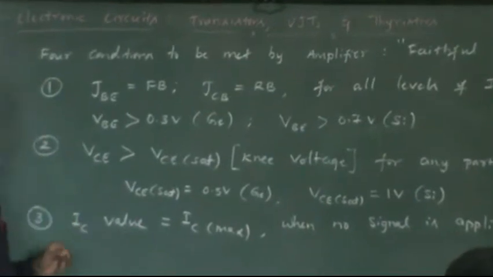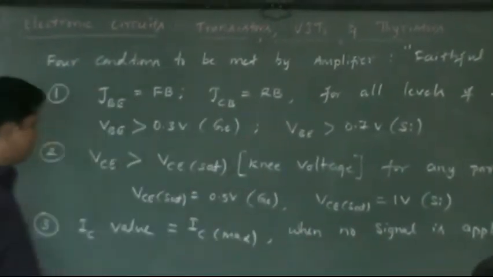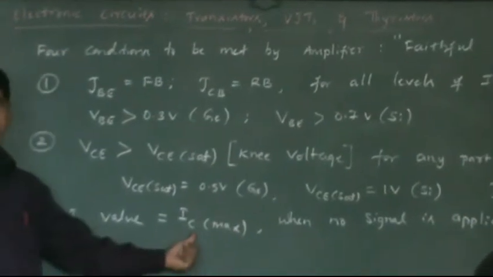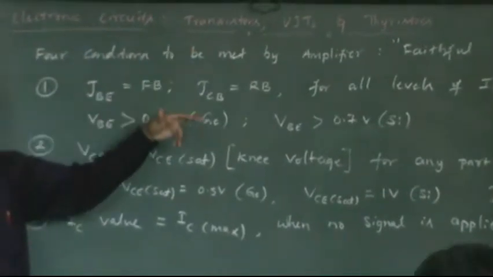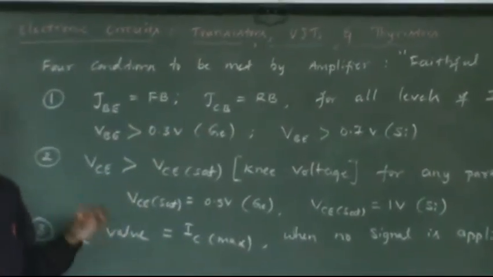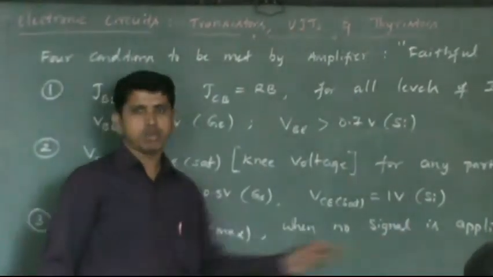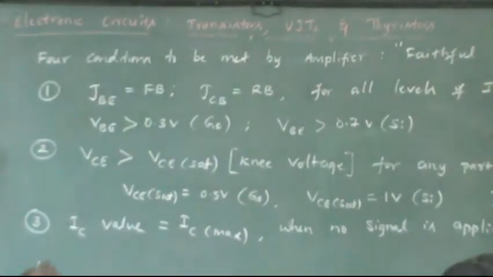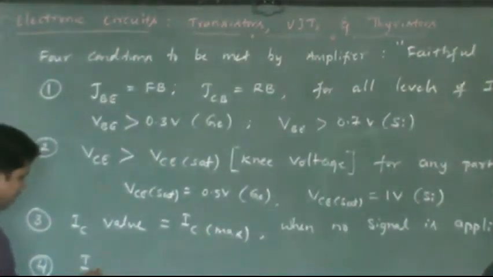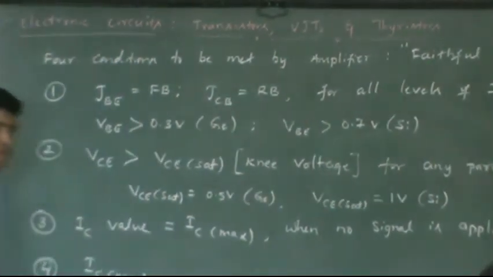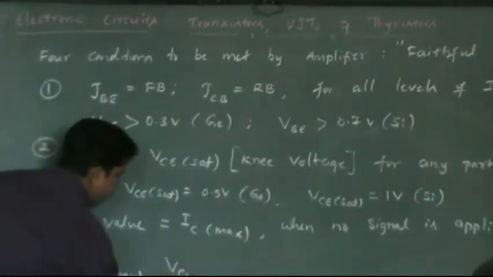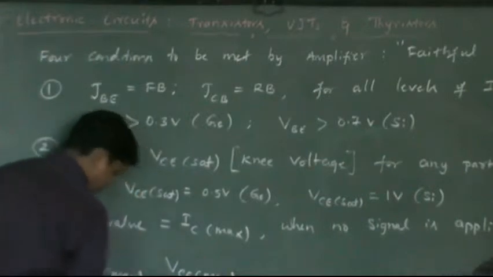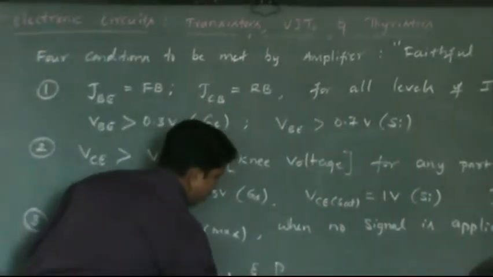So when there is no input AC signal applied, under that condition your output must be equal to the maximum collector current. Okay? Because sometimes the signal will be positive, sometimes the signal will be negative, BJT will be turned off. So the minimum output you must maintain, even when there is no input signal. That's going to be condition number 3. And the last is going to be the power levels. So IC max means maximum collector current, IC max, comma VCE max, maximum collector emitter voltage, and lastly PD max.